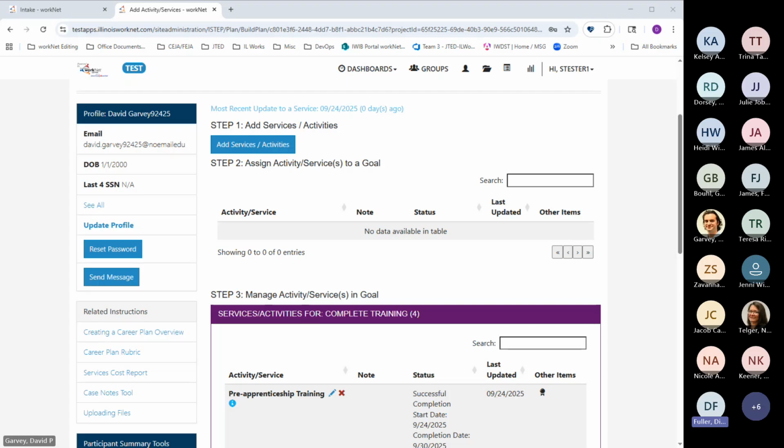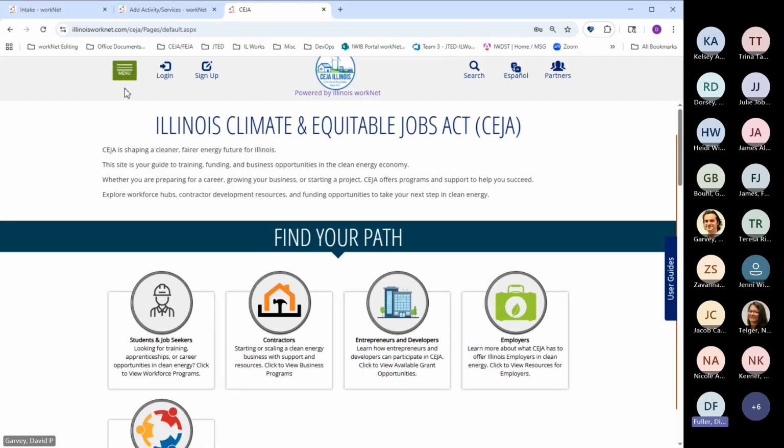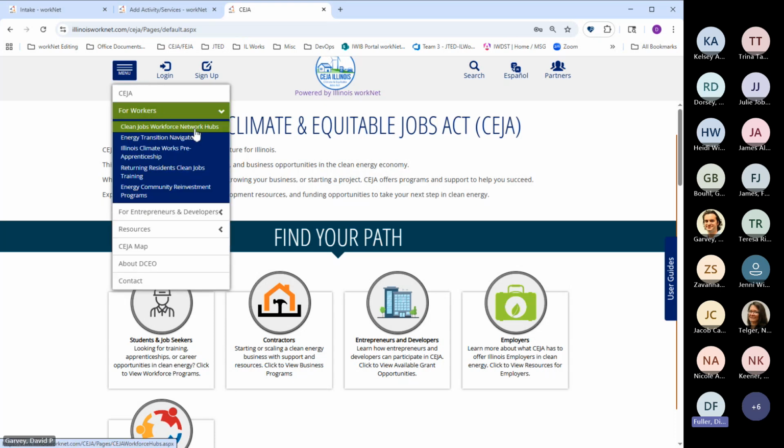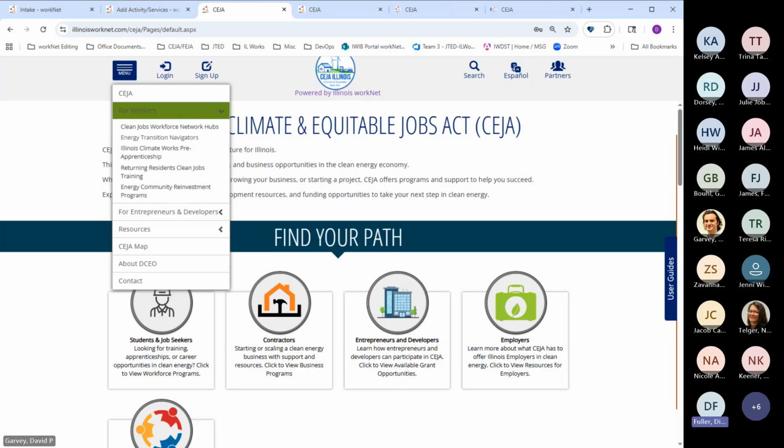David, I don't know if you can bring that website up real quick and show the grantees what that looks like, so that they can see that they have that as a resource right now too.